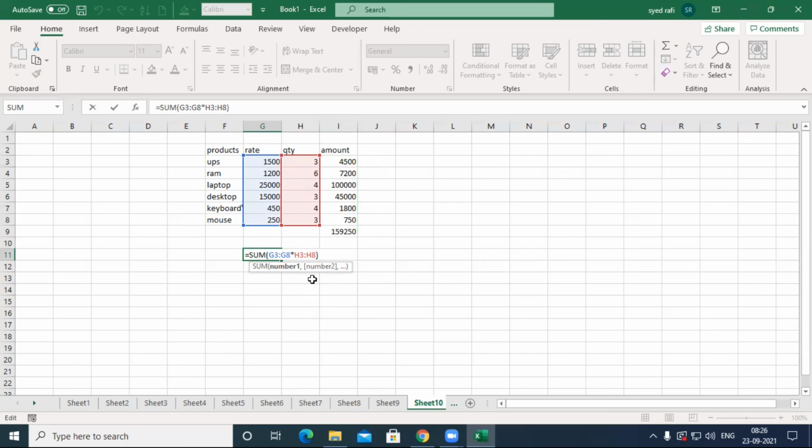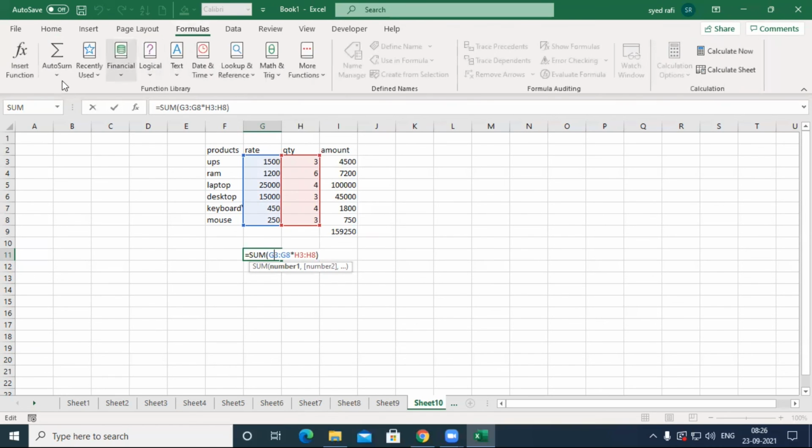How does it work? If you can't understand any formula, I give one hint for you at the start. If any formula can't be executed, it will display an error. So we do one thing. By clicking on the formula, we click on Insert Function. Then where we make a mistake, in which argument, it will be displayed. That is one trick.